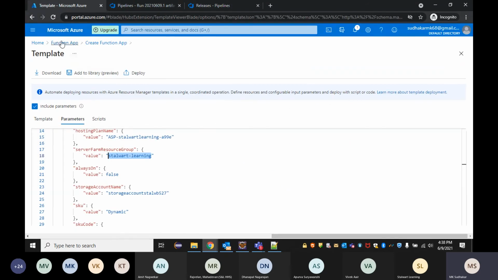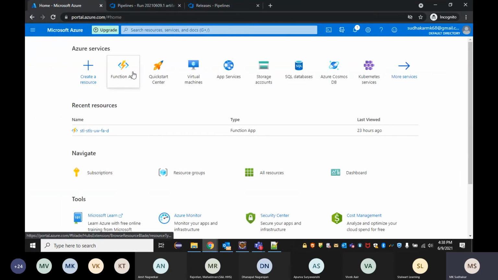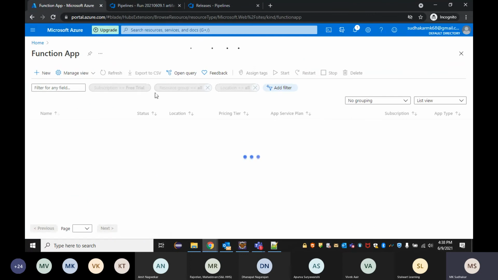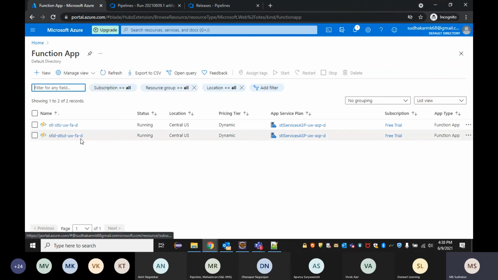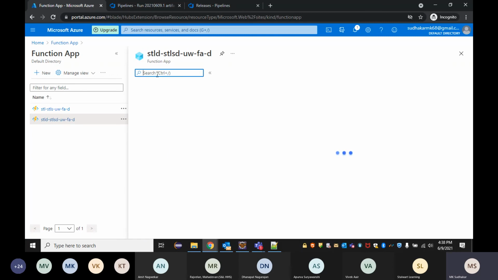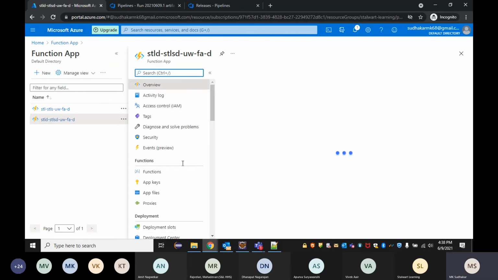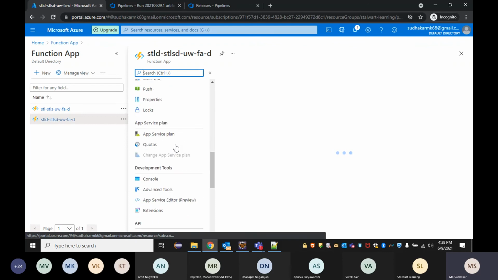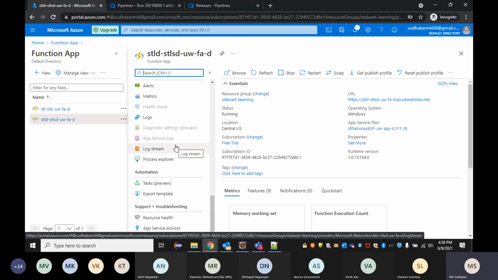So now let's go and watch our function app, right? Whether it deployed or not. Let's see whether that function app is there or not. You can see here, it created the resources and it deployed. So this is a new one which I created just now from DevOps. Once we click on that, this is my serverless function app which I created, right? So this is all created automatically without manual effort.